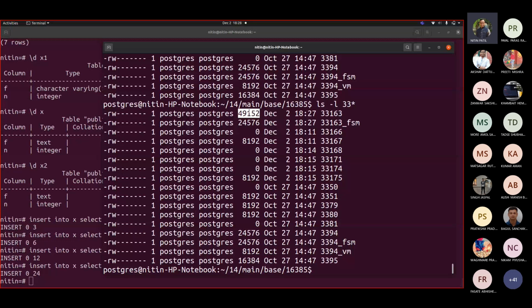So if I write select relname, relpages from pg_class where relname like X, the number of pages is 2731. It was because 24576 divided by 8. So it must be trying to write some values there.